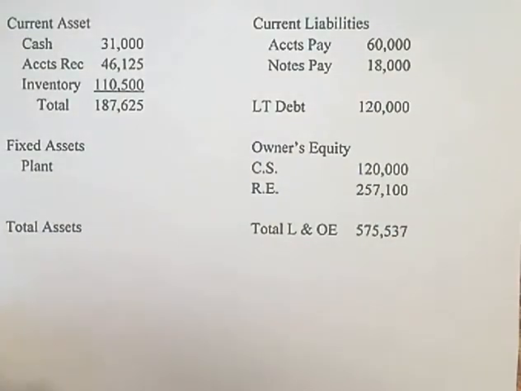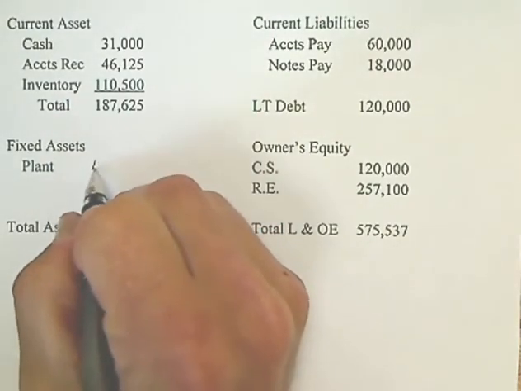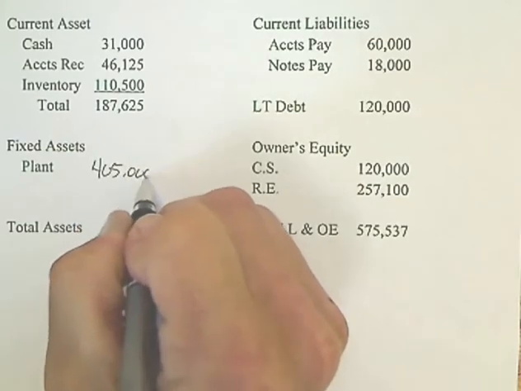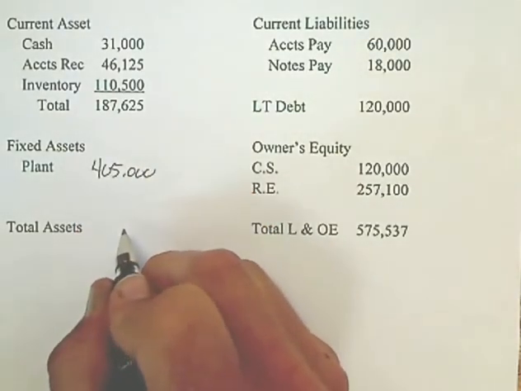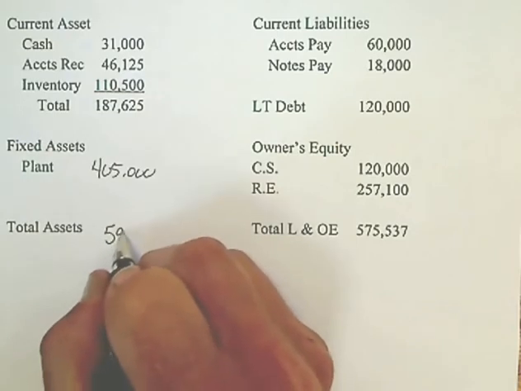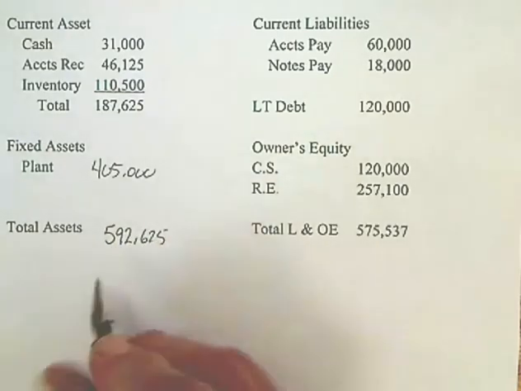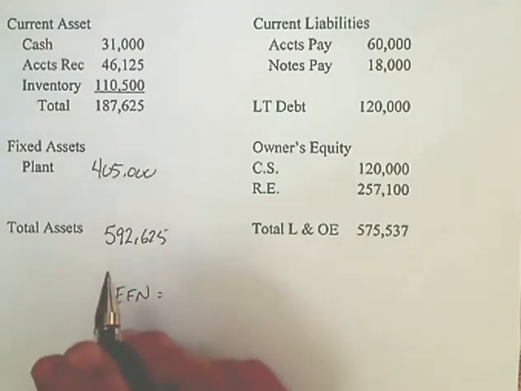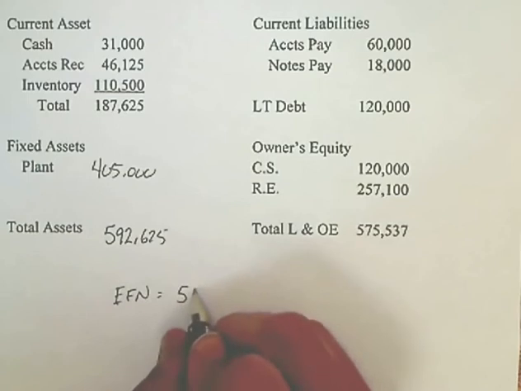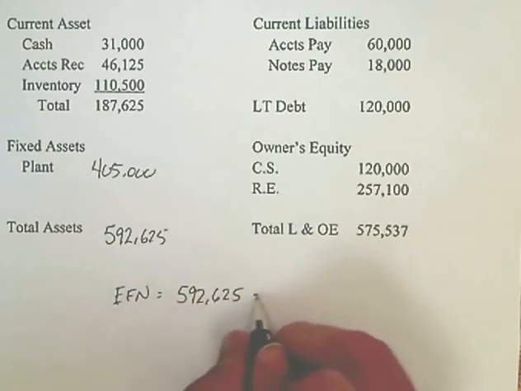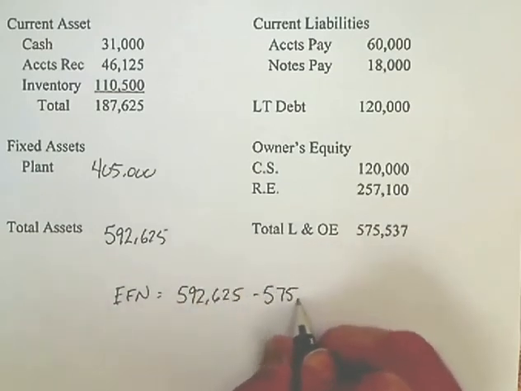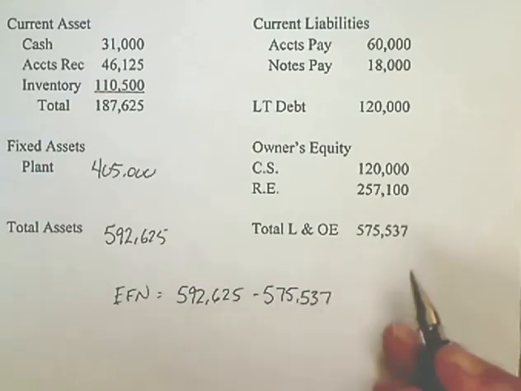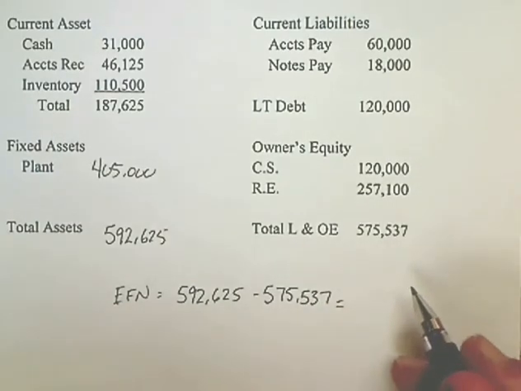Previously, our fixed assets went to 450. Now they're only going up to 405,000. So our total assets will now be 592,625. And our external financing needed, 592,625 minus 575,537 would give us